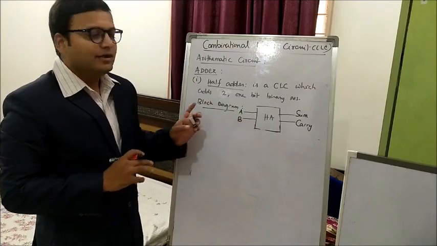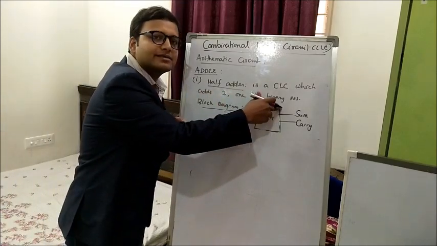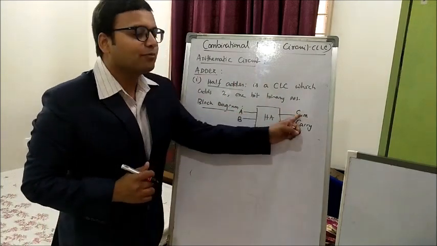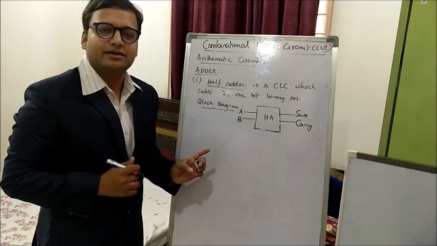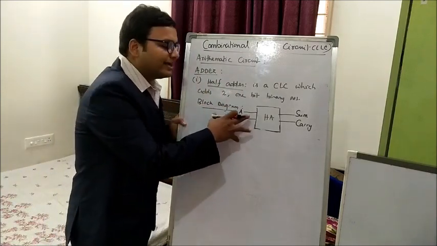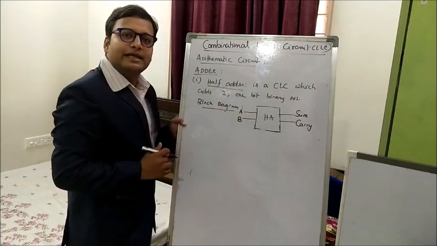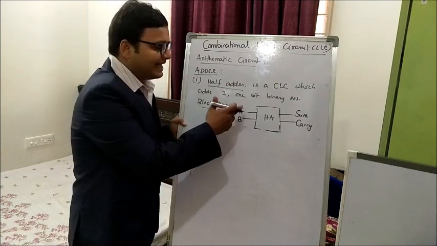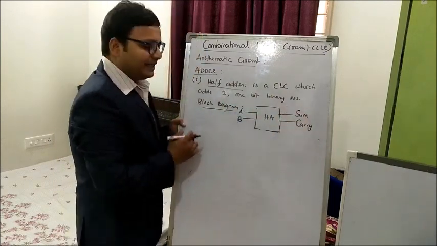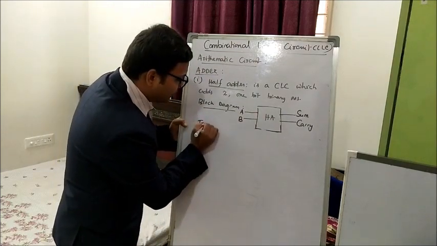As you know, the problem statement here is that I am going to add 2 1-bit binary numbers. Next, step 2 is to identify the number of input and output variables required for the combination logic circuit. Next, assign the letters to the input and output variables. Here we have 2 input variables, which have been assigned as A and B, and 2 output variables, sum and carry. Next, you need to construct the truth table.